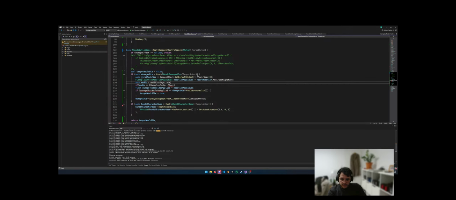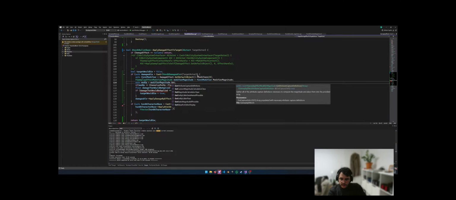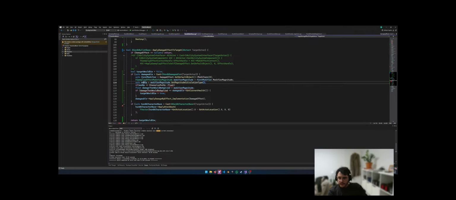Modifier magnitude. Magnitude type, and then we can check if gameplay effect magnitude